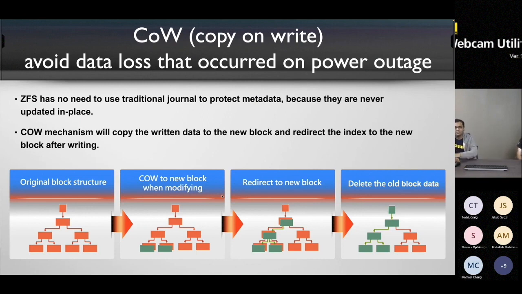So the QNAP just has to refer back to the original blocks, and your data is back the way it was. The only thing you may lose is